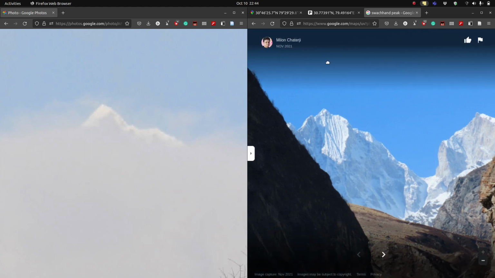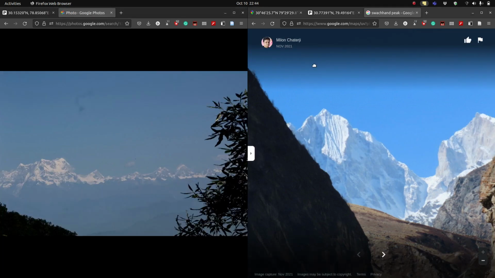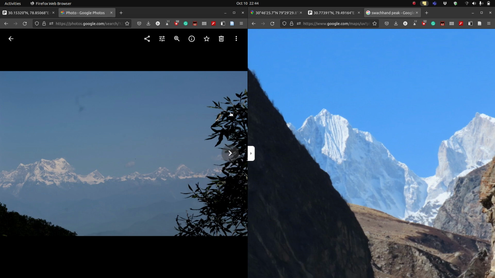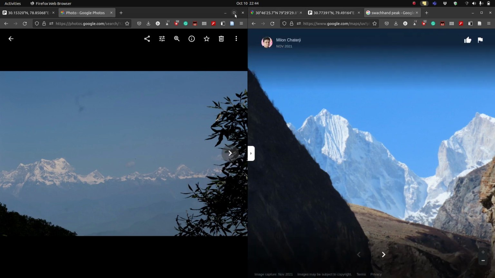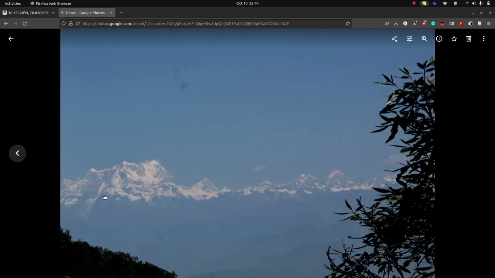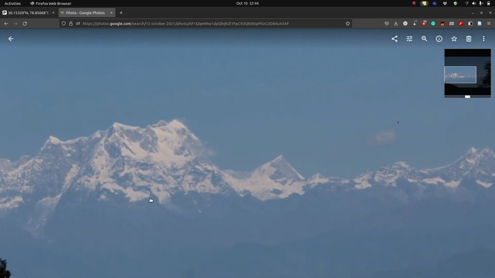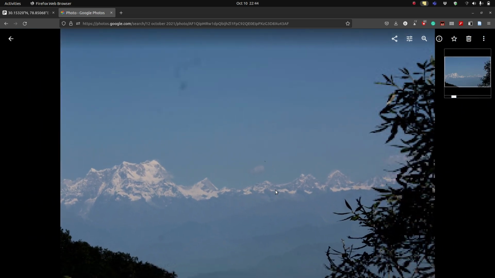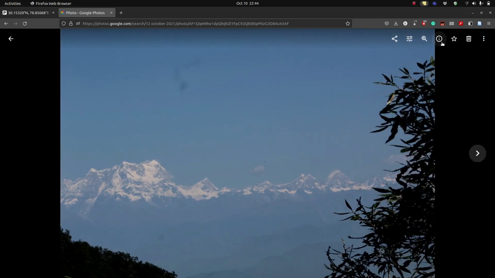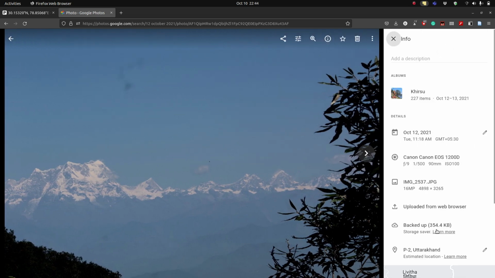There's another example that I would like to show you. Another time I had visited a place called Khirsu, and from there I clicked this picture. Again, I know this is Chowkhamba, a very famous mountain, but I didn't know what this was, the one next to it. So using the same process, you can go here, click on info, click on this,